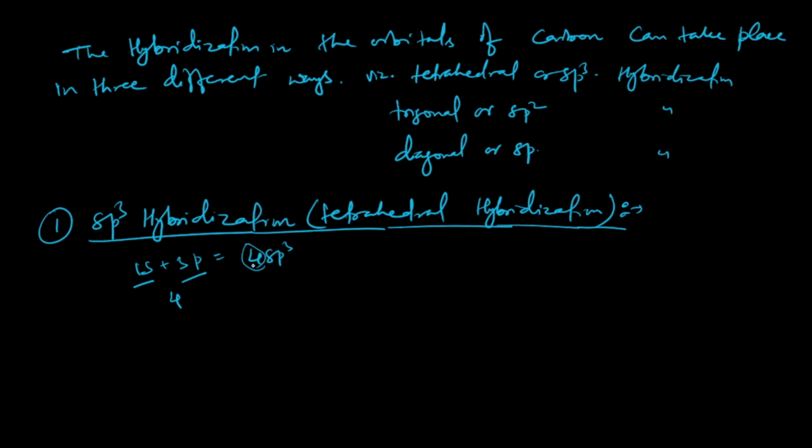Correct? So if it is sp2, then 1s and 2p are participating, so we will get 3 sp2 hybrid orbitals. If it is 1s and 1p, then we'll get 2 sp hybrid orbitals, correct? So likewise we are getting. First we will focus on the write-up and then we'll discuss. Okay, so here we can write over here,